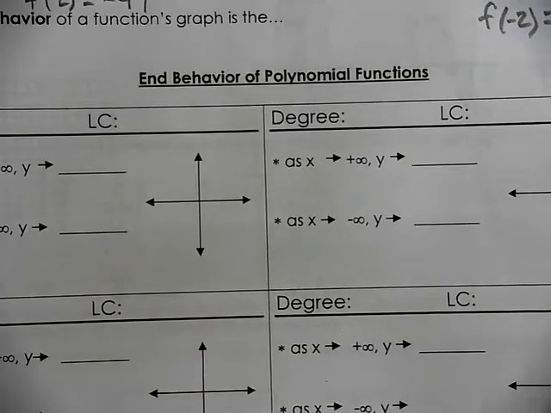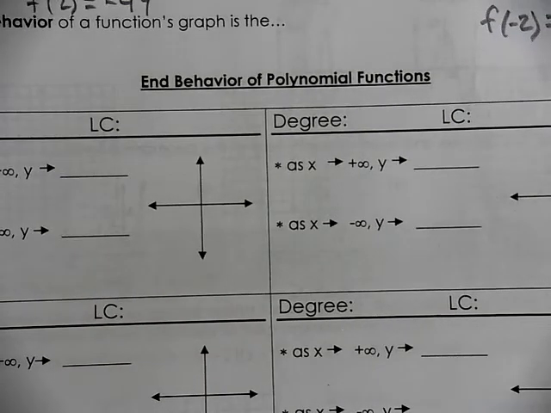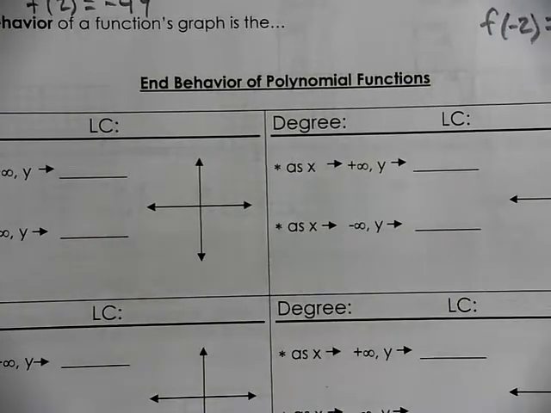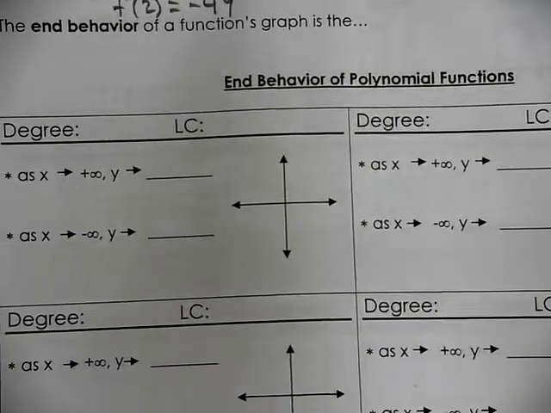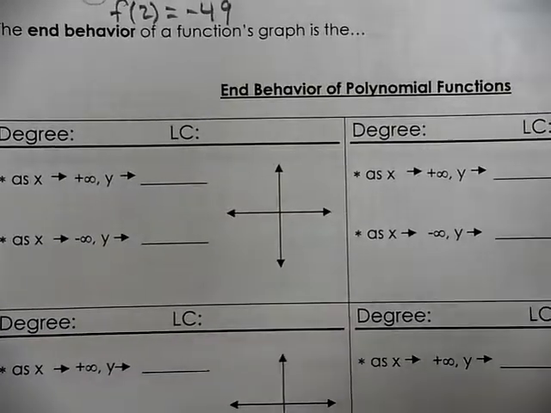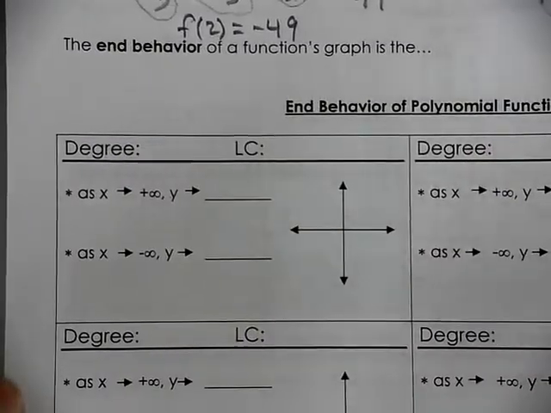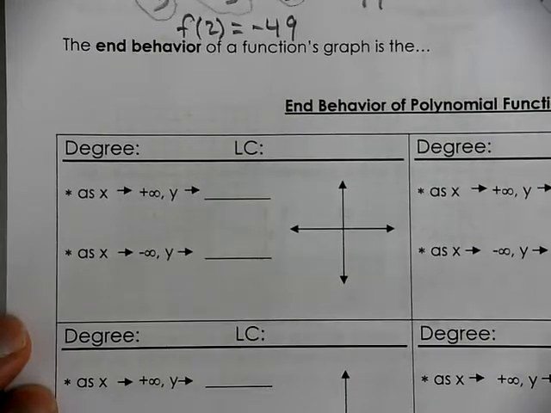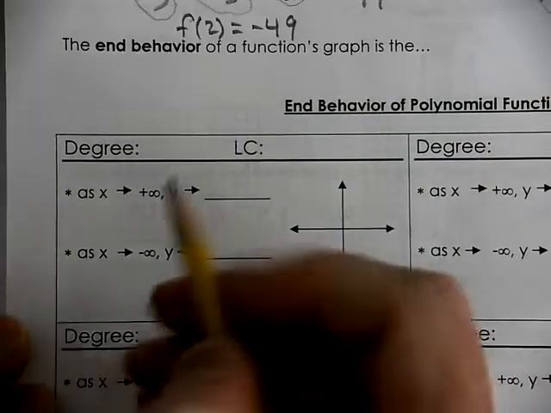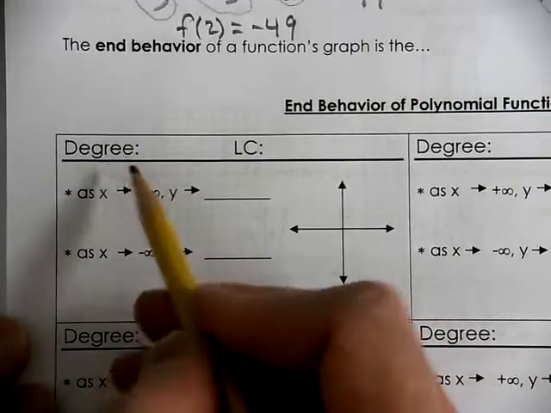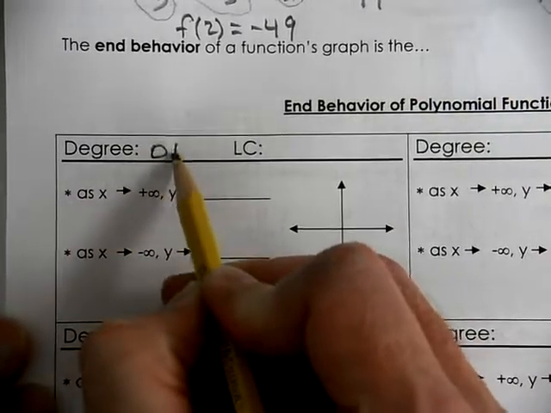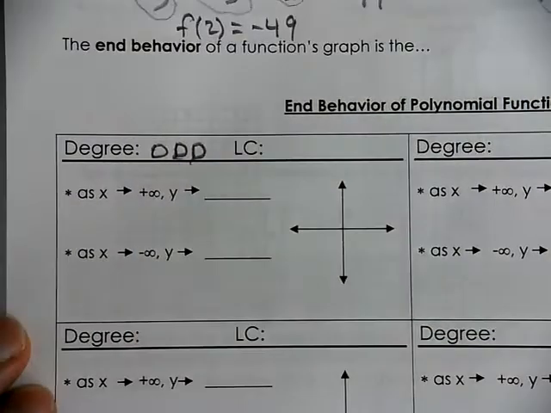Here we have end behavior. Now we're pretty familiar with some end behaviors. We've done end behavior in the past. Now what we're going to be looking at here are some patterns. We're not going to be specific about the equation, but we can predict what the end behavior is. So for example, if the degree was odd, an odd degree,